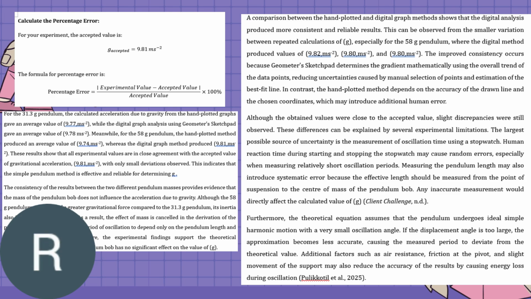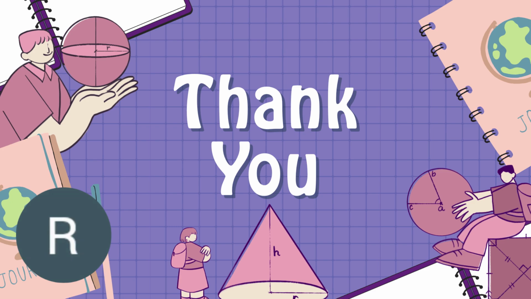To improve this experiment, we could replace the stopwatch with a photogate sensor or motion detector to eliminate human reaction time. We could also measure more oscillations, for example, 20 or 30 oscillations instead of only 10. This will reduce the percentage uncertainty. Finally, repeating the experiment more times and maintaining a constant release angle will improve the reliability and accuracy of the result. In conclusion, the experiment